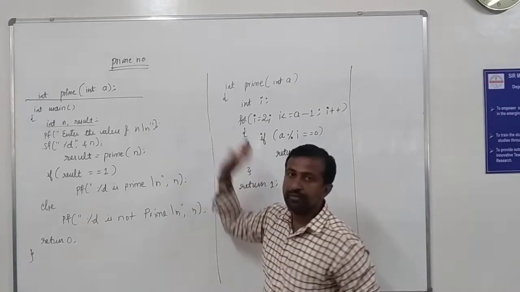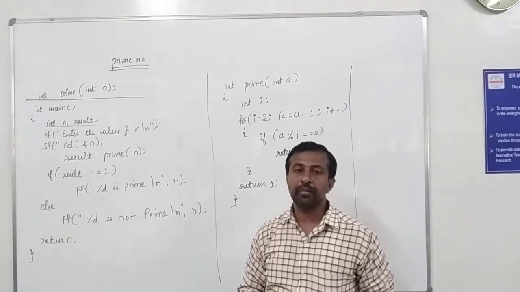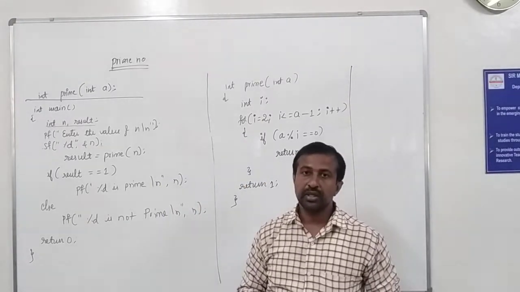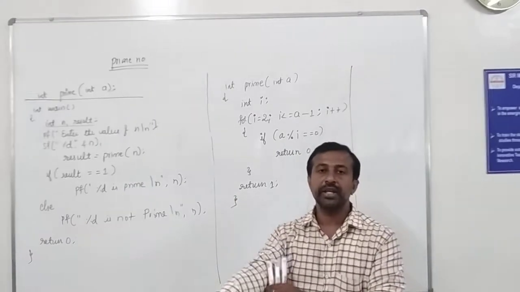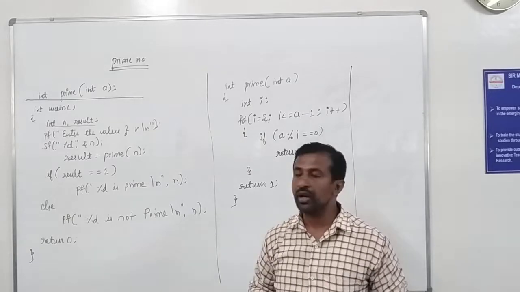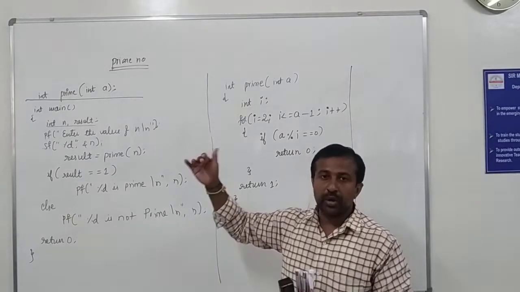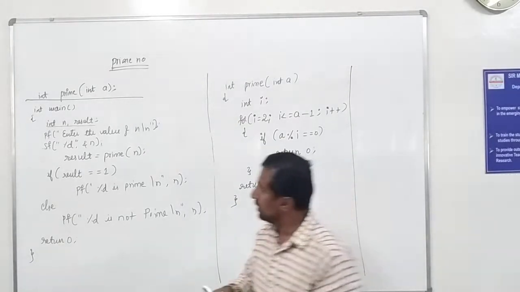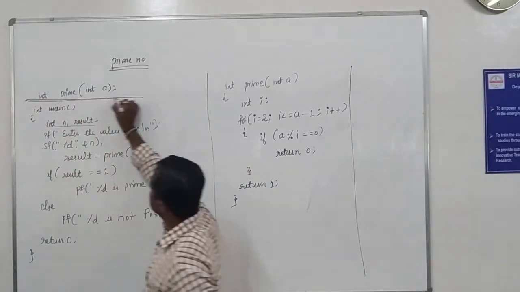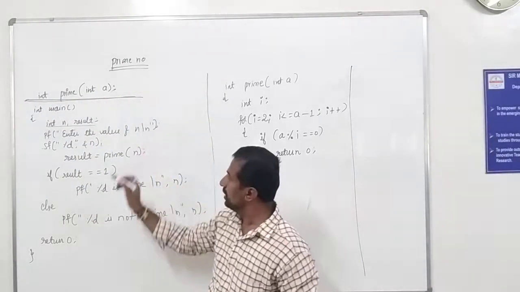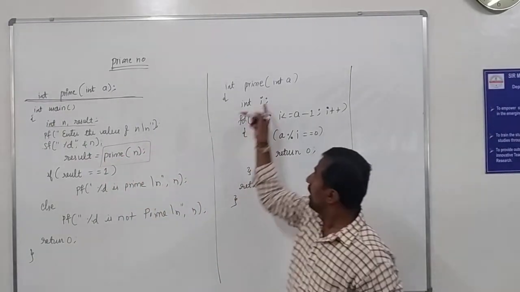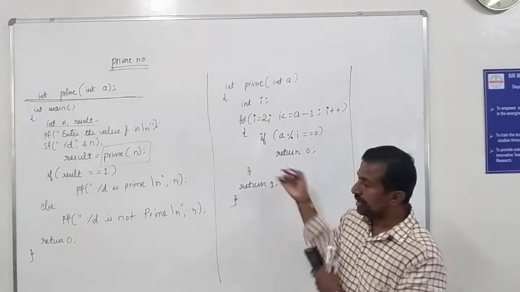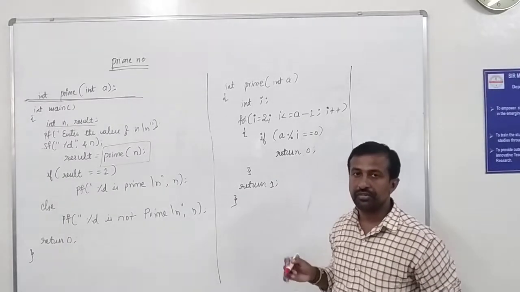Here is the program for finding whether a number is prime or not using functions. Before going to the topic, what do you mean by function? A function is nothing but a set of instructions which will do a particular task. This program we are going to divide into 3 parts. The beginning one is known as function declaration, this is known as function call, and whatever code we write here after the main is known as function definition.